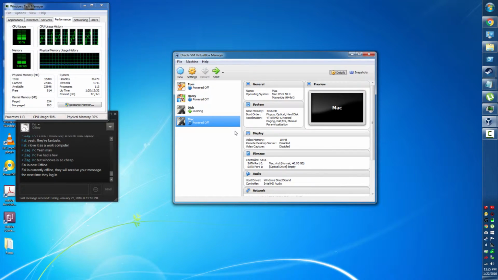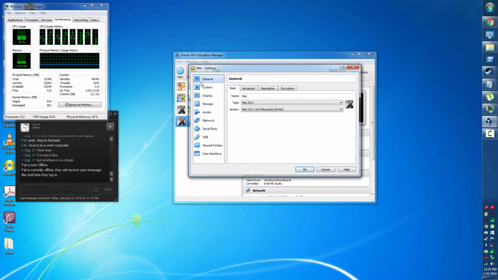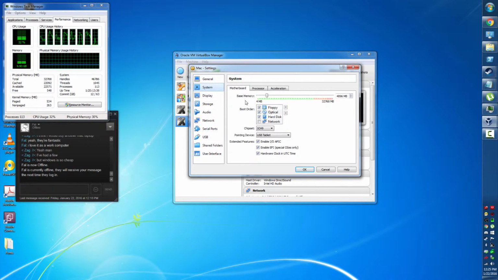Okay, so before we power it up, we got to go back into the settings. So right click settings, and we're going to change some system options. So we're going to get rid of the floppy disk. We really don't need that. We're going to uncheck enable EFI BIOS,